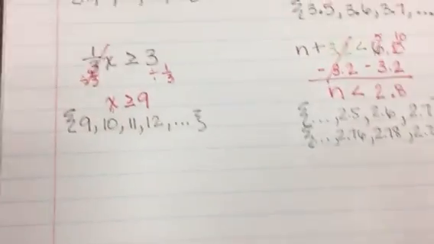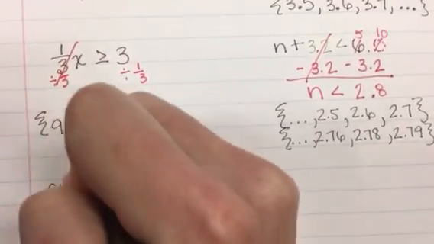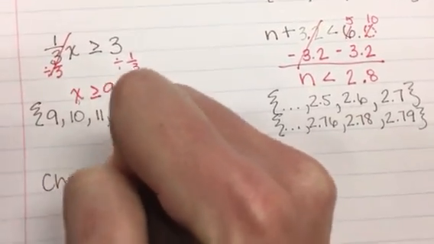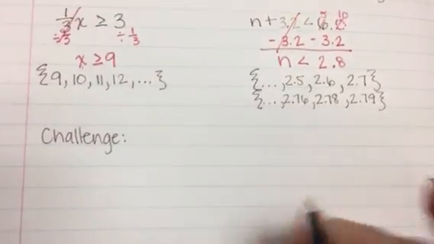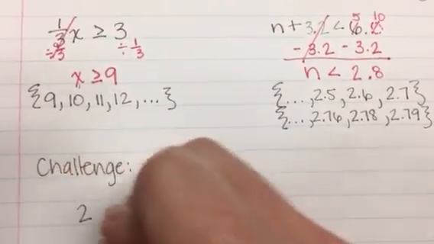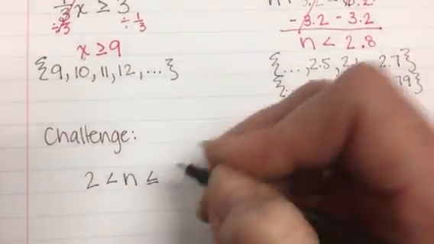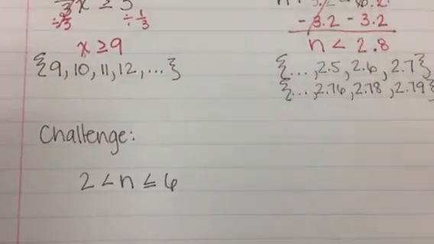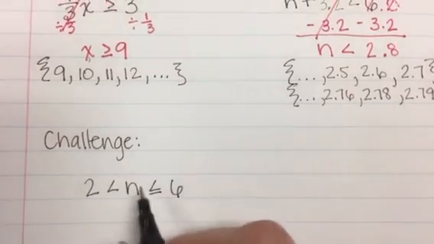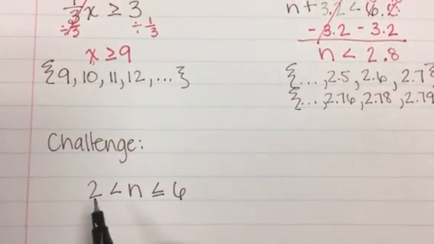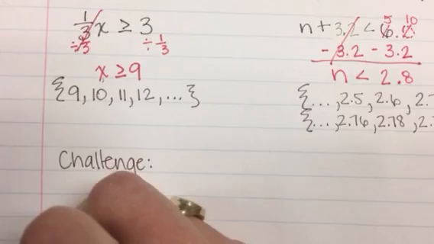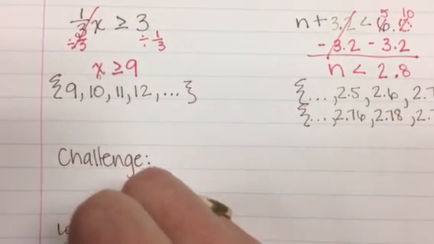So here's how it gets really interesting. So these are actually challenge questions, and you really just have to think about these. So if I have 2 is less than n is less than or equal to 6. Well, that means that n is a number that is somewhere bigger than 2, so larger than 2. This is what this means,